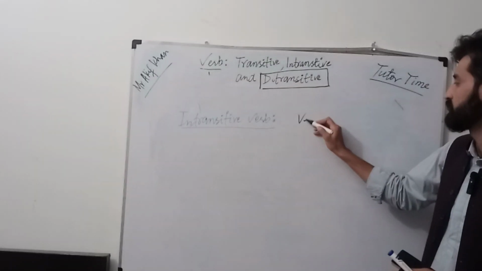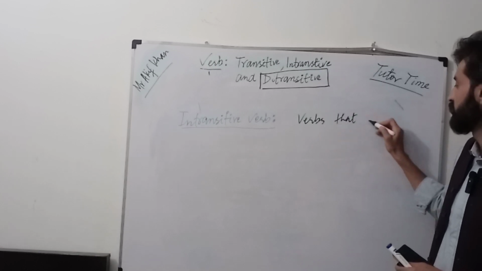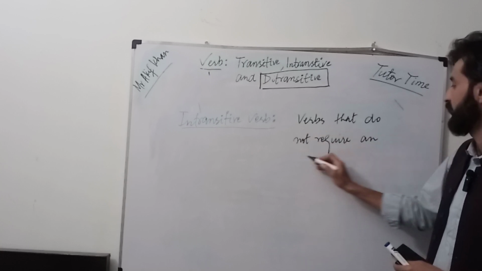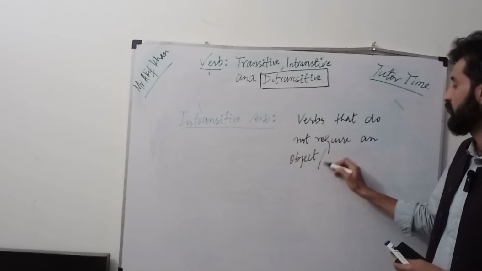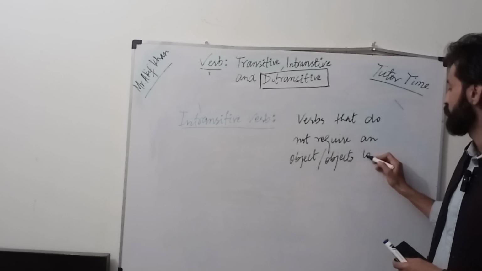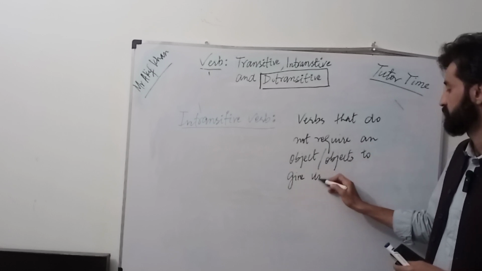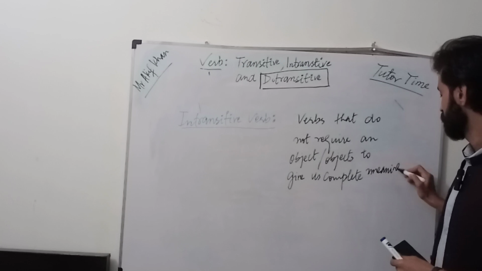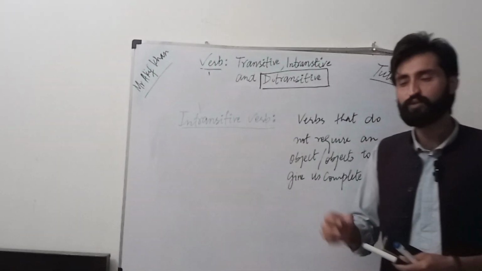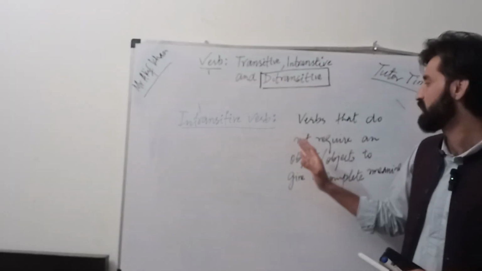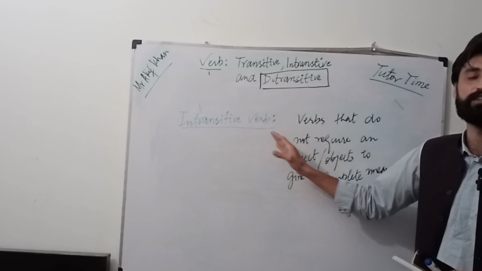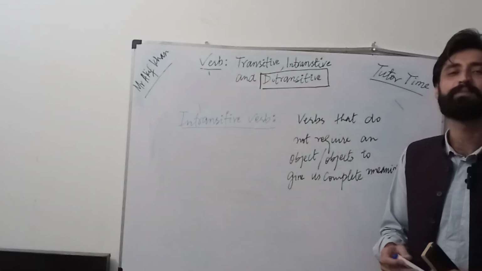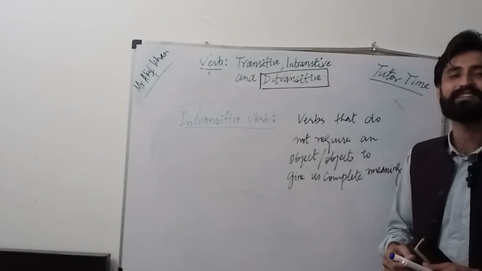So simply I would say कि verbs that do not require an object to give us complete meaning in a sentence. ओके, अगर मैं इसको सिंपली उर्दू में एक्सप्लेन करने की कोशिश करूं, सो इट वुड बी लाइक दिस कि ऐसे वर्ब्स, ऐसे फेल जिसको ऑब्जेक्ट की ज़रूरत नहीं होती या जिनके साथ ऑब्जेक्ट को नहीं लगाया जाता और फिर भी वो हमें कंप्लीट मीनिंग प्रोवाइड करता है, सो उसको हम कह सकते हैं कि these are